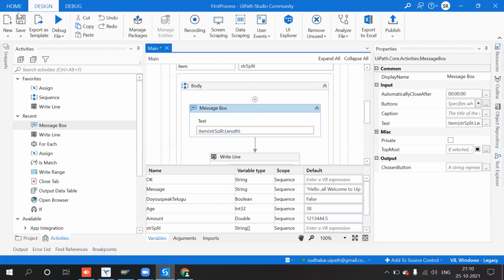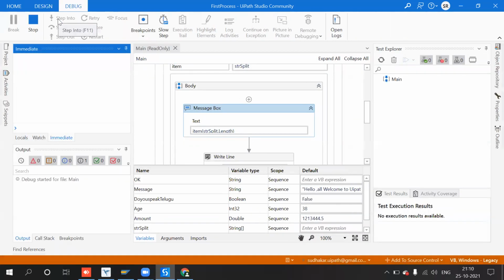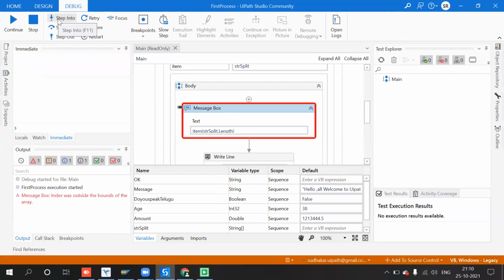Okay, so if I use this one, we'll see what is the output we get. So index was outside the bounds of an array.